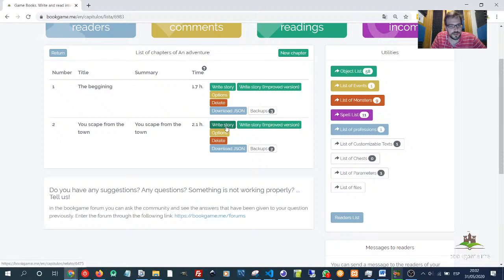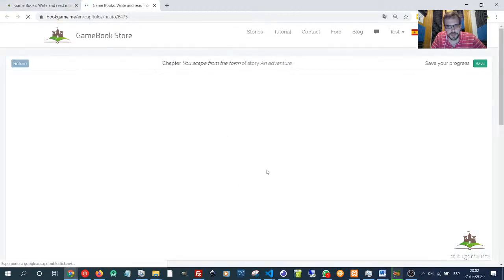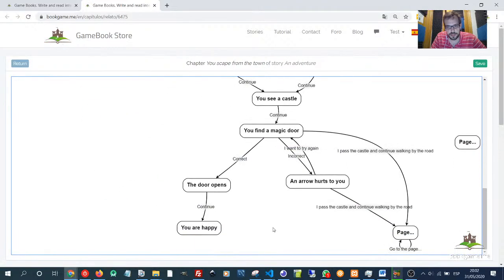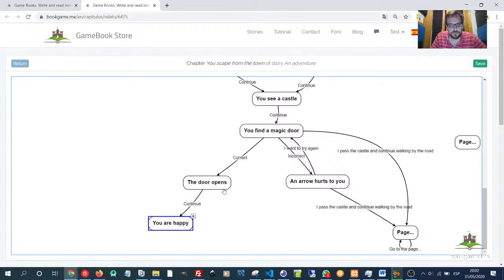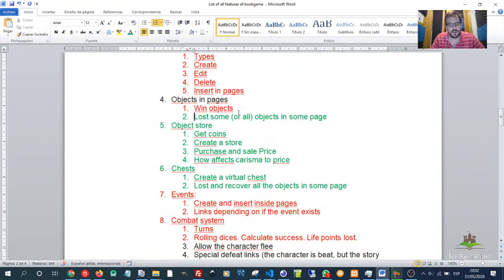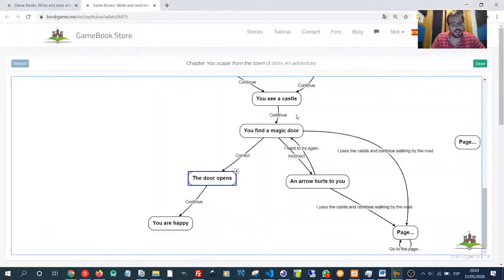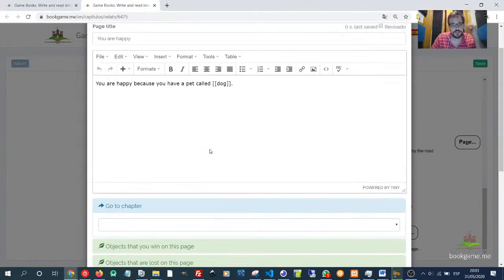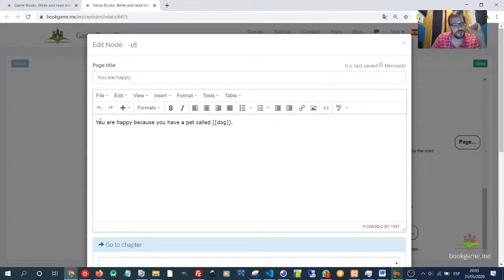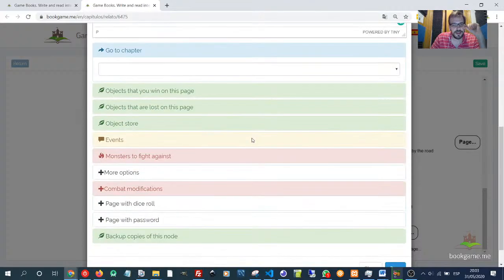We were in one story where the character had to enter in a castle, okay? And in this case, imagine that you want to force the character to lose all the objects that they have, or some objects. This is a very simple option, okay? If you enter here, in this part you are happy because you have a pet called dog. We talked about this thing, okay, and we are going to create a new